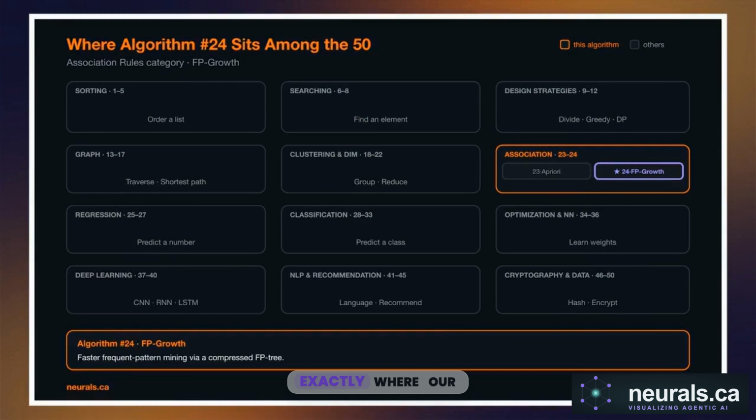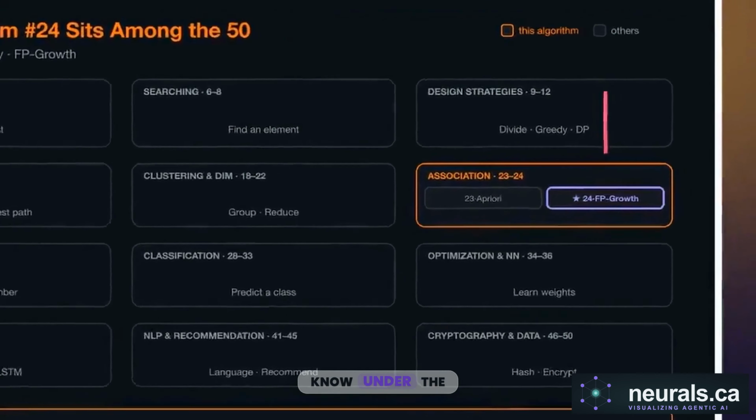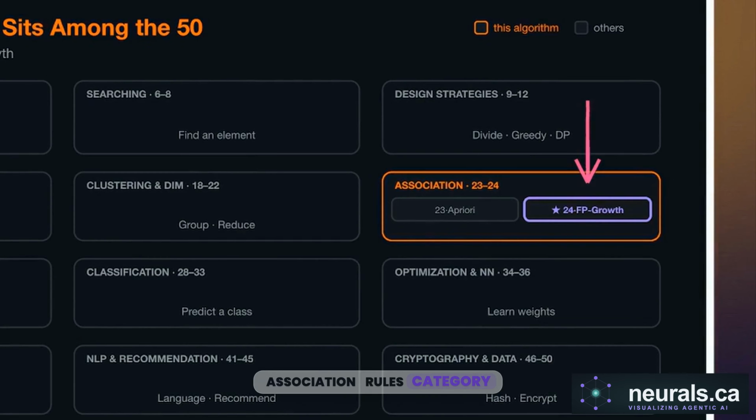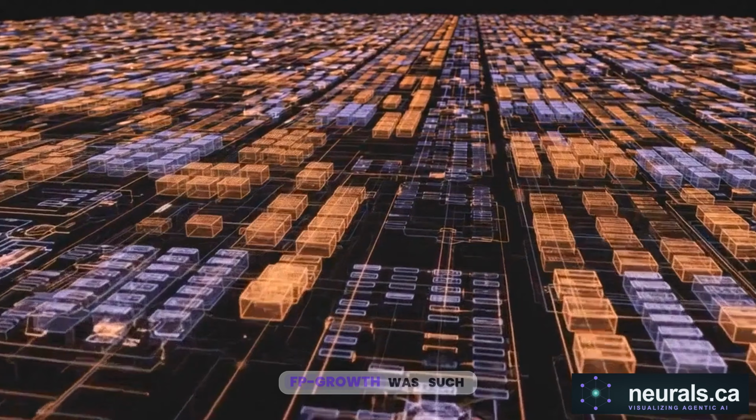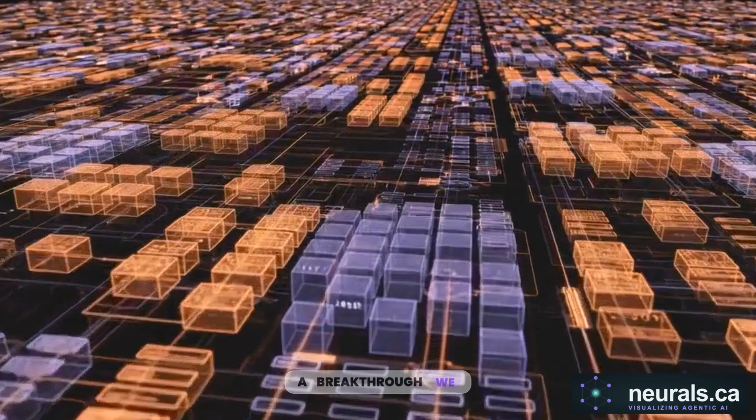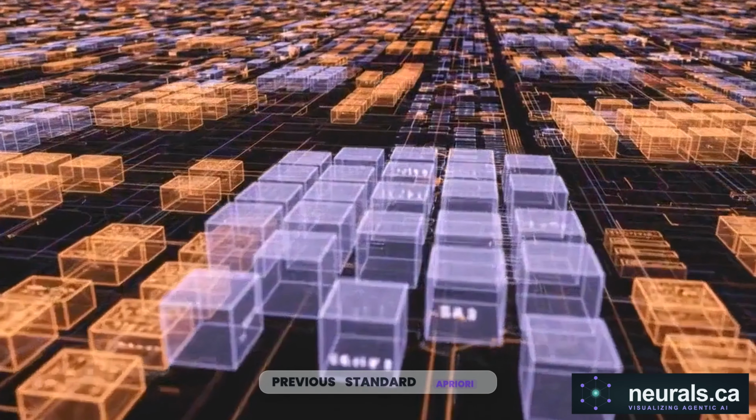This diagram shows exactly where our algorithm sits among the 50 algorithms every programmer should know. Under the association rules category, we have FP growth. The goal here is market basket analysis, identifying items that frequently occur together, like products bought in the same retail transaction. To understand why FP growth was such a breakthrough, we have to look at how the previous standard, Apriori,